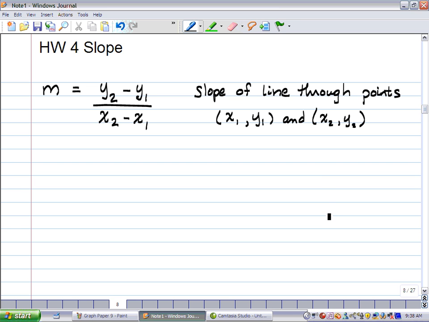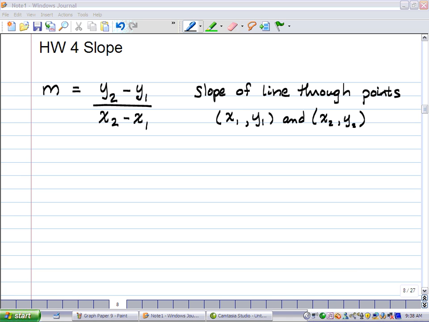This segment, homework 4, is about the slope between two lines. We looked at the graph and have the idea of the slope being positive and negative, 0 or undefined. But in this one we want to have the coordinates of 2 points and use those coordinates to figure out